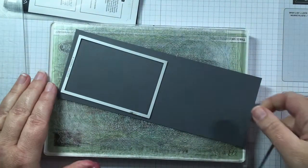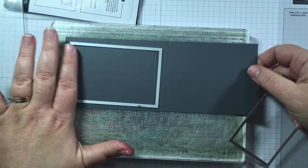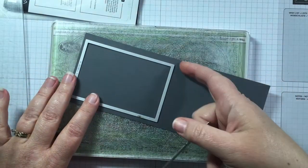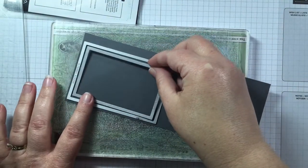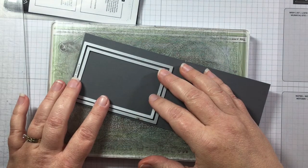If you turn this so that it is square, straight on, that's a really big edge for your cutting machine to have to go across. And it's really tough. Sometimes it's pretty much even impossible. So if you turn them at a slight angle, it makes it much easier to slide them through your die